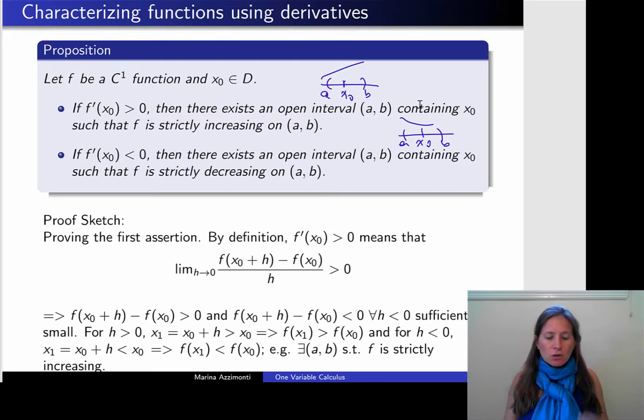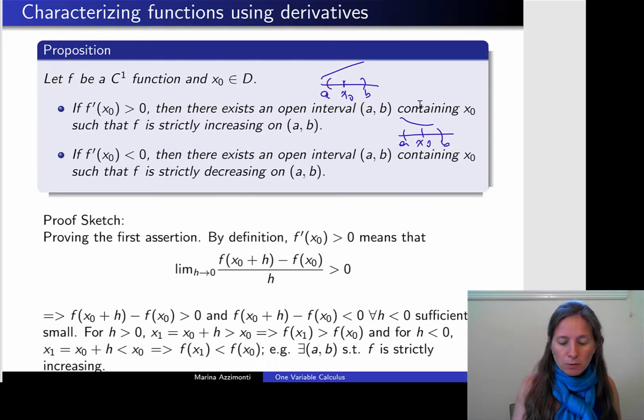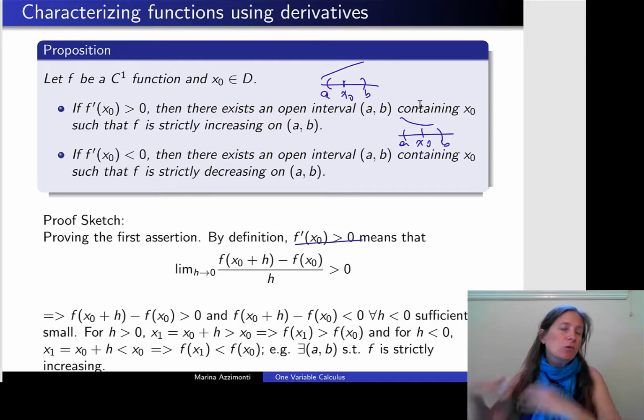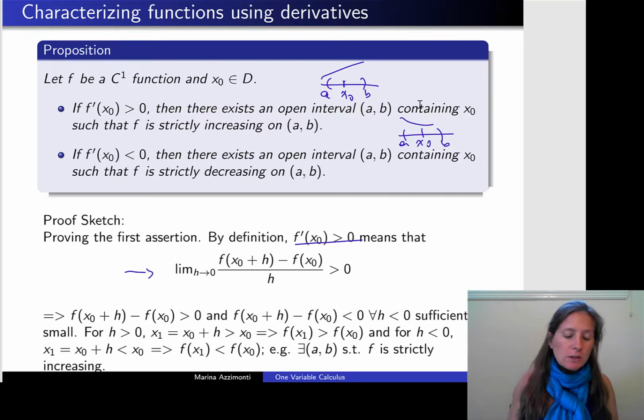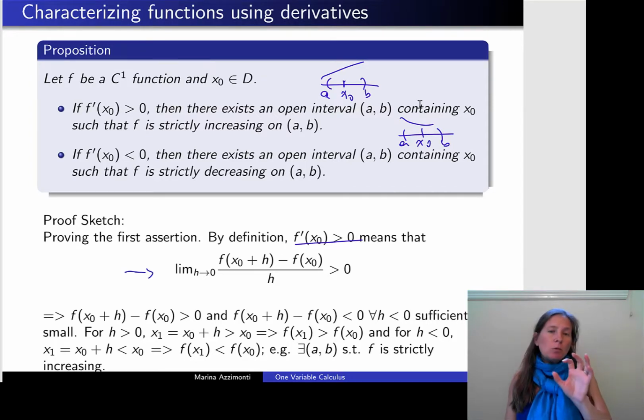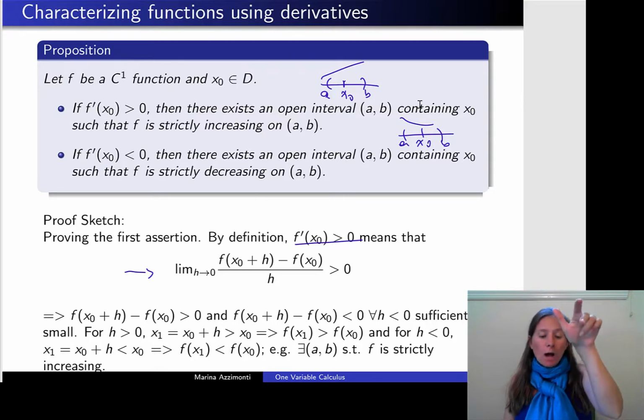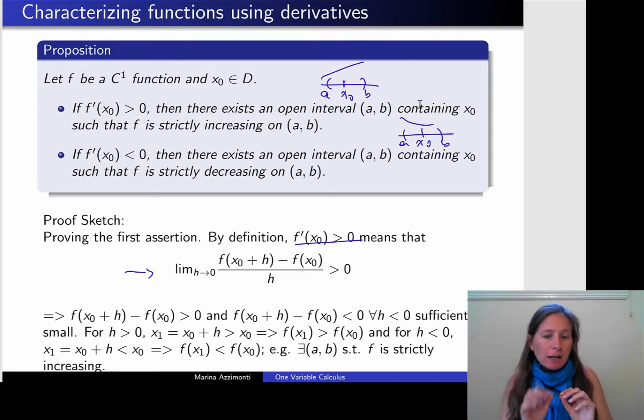So remember our definition of derivative. If the derivative is positive, we can do it for positive, and then it's very easy to show that it holds for the second case. So let's take a point x0 in the domain of a continuously differentiable function. So we know the function is differentiable and we know that the derivative is continuous. And let's remember the definition of a derivative. What is the definition of a derivative? Well, basically what we are doing is we are taking the limit as h goes to 0 of the difference between the y's when we change the x's by a little bit, which we are going to call h.